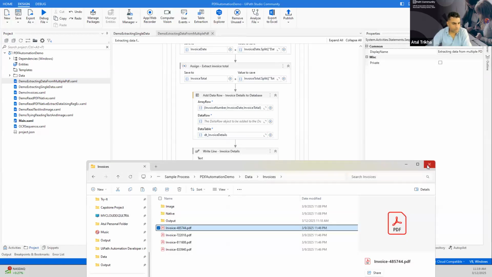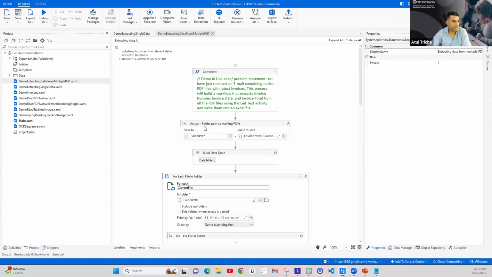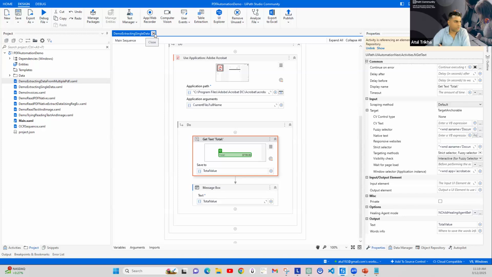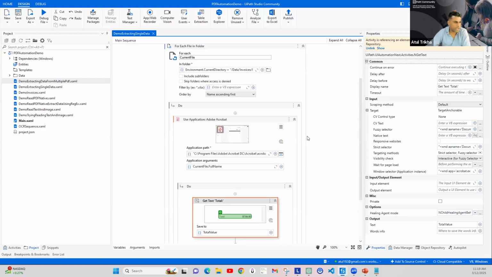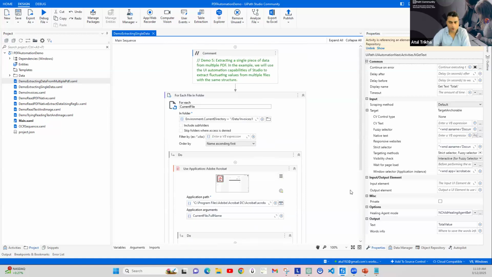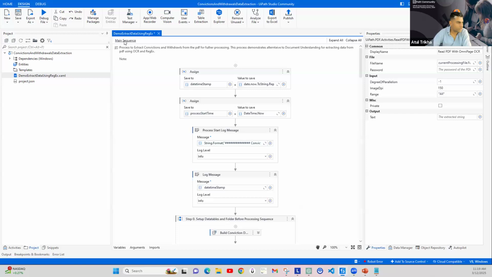One thing before I stop sharing is that these are simplified demos, right? I mean, we know that the practical use cases are far more complex than this one, but this should give you an idea about how the automation looks. And again, in this demo, I am not doing anything fancy here, simply a single drag and drop. But in an actual typical real case scenario, you do a little bit more fine tuning on top of that, right? For example, in this demo, if you see, what I'm doing is